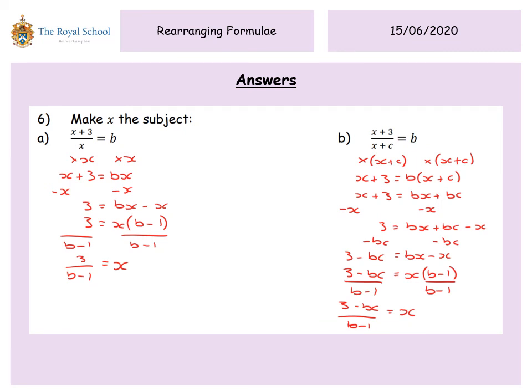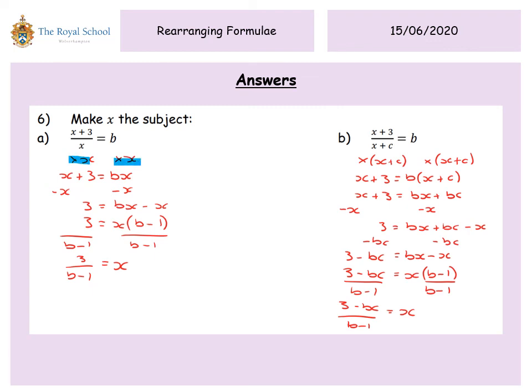And lastly, we get to the much more difficult ones. So if you got through these, then absolutely fantastic. These are the absolute top end of our work. So we've got making x the subject here. So x plus 3 over x equals b. Again, we've got an x trapped at the bottom of this fraction, so we can't really do anything until we've released that. So we times both sides by x